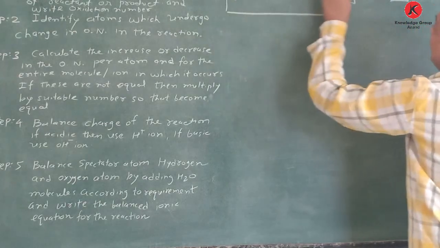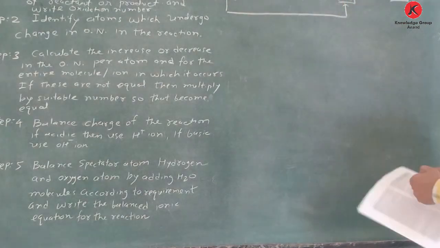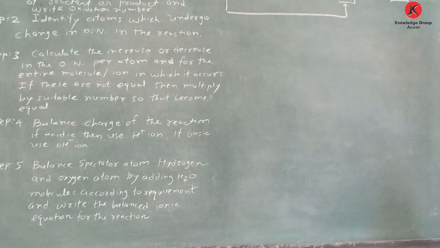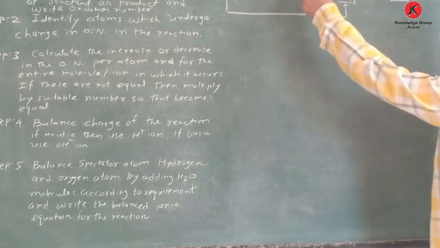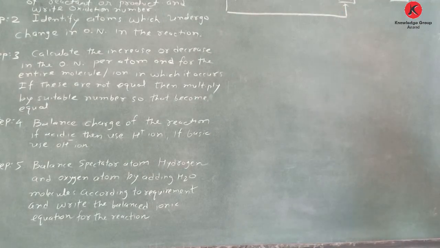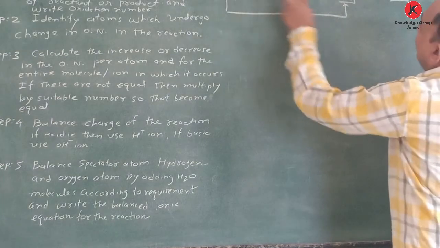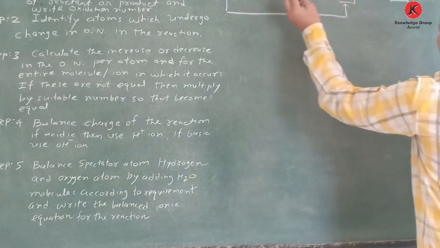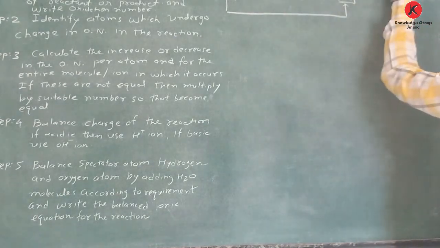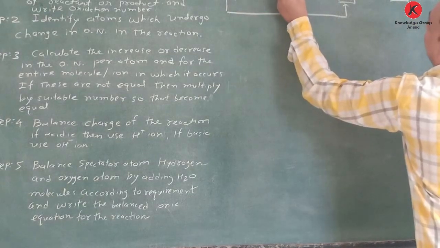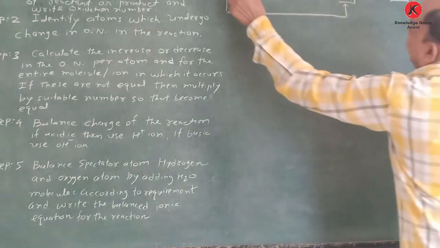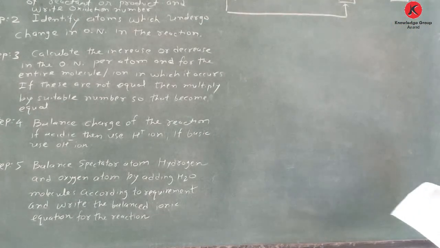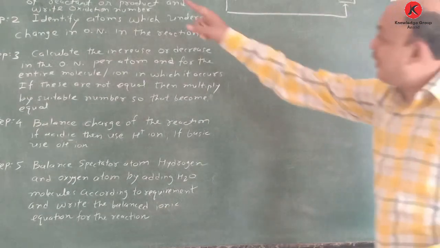See, Mn is here and Mn is here, and that's why there is a change. And MnO4 minus, you know that potassium permanganate is a good oxidizing agent, and this Br minus undergoes oxidation, so it is the reducing agent. So here you have to understand plus 7 to plus 4, and another is minus 1 to plus 5. Just see, here Mn and here Br, their oxidation number has changed. Write it completely according to step 1 and step 2.